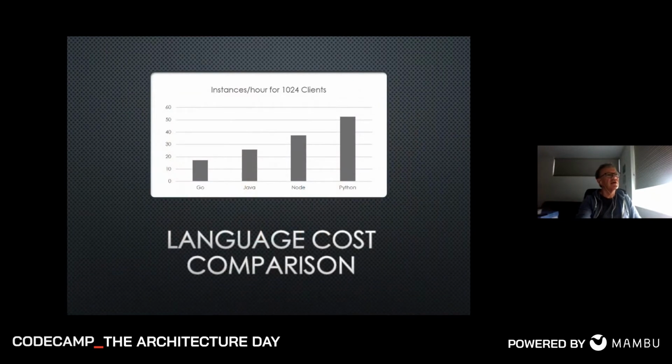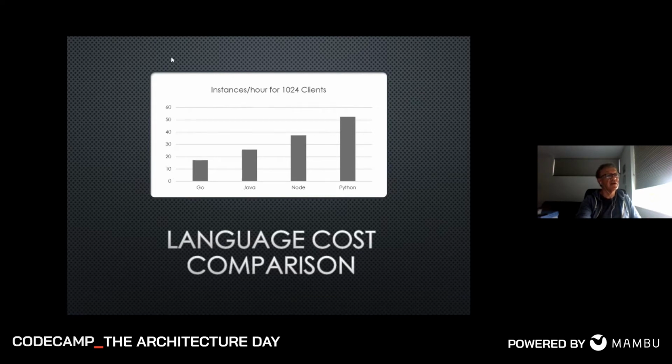We see here that for those tests, the instance hours that we were billed for each of those tests for Go was around 17 instance hours, whereas Python at peak was about 50. Pretty much 3 times the cost. So Python was 3 times more than our Go infrastructure, and it actually delivered less throughput.